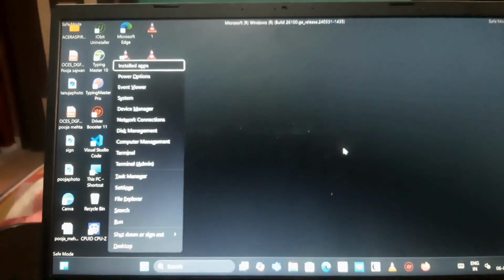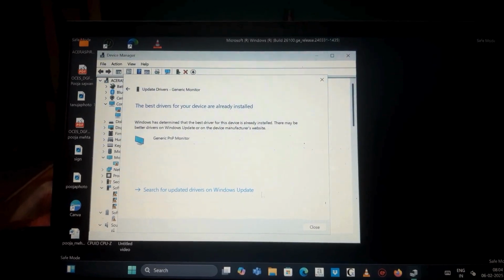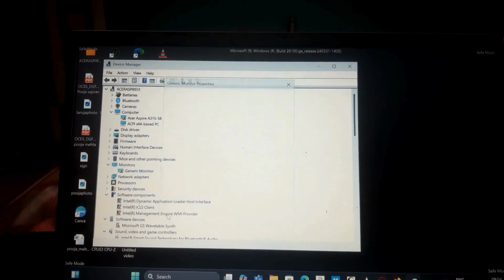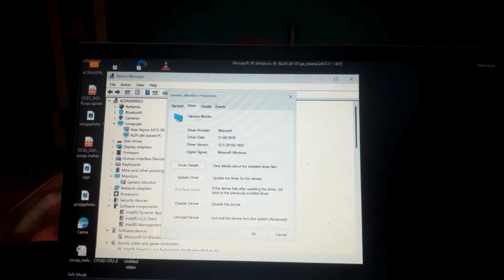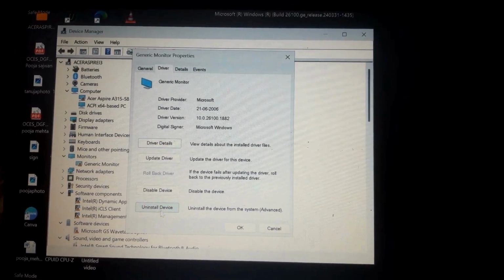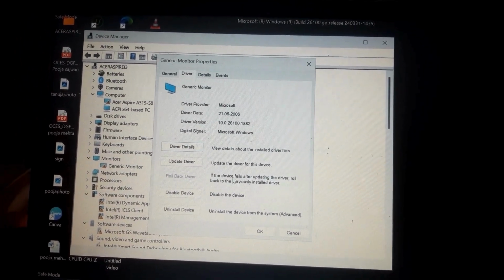Update or roll back drivers. Access device manager in safe mode. Right click the Start button and select Device Manager. Identify problematic drivers. Look for devices with warning symbols. Update or roll back. Right click the device, choose Update Driver or Properties, and go to Driver tab. Then tap on Rollback Driver if a recent update might be causing the issues.